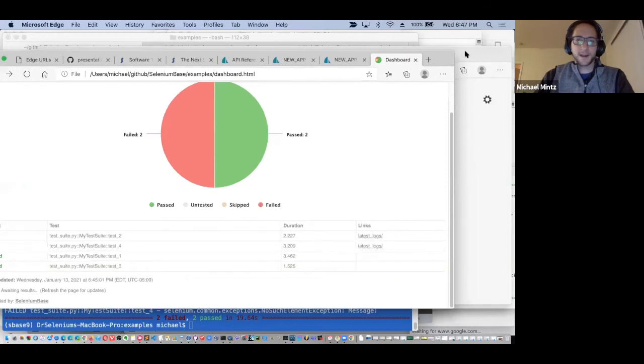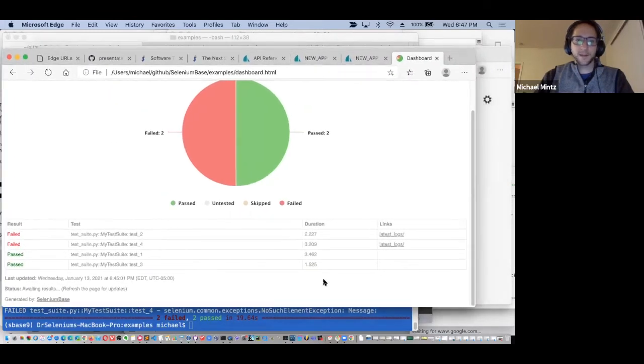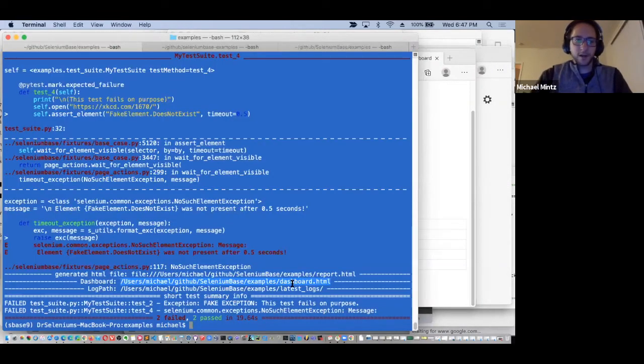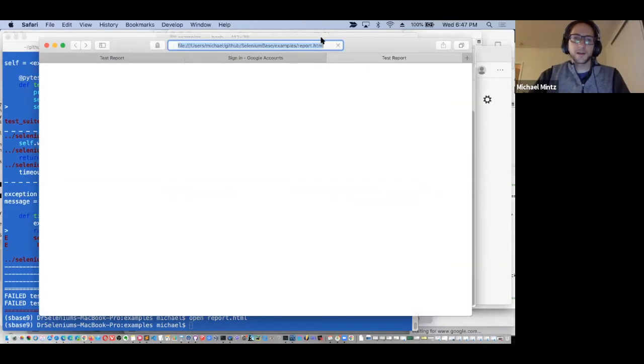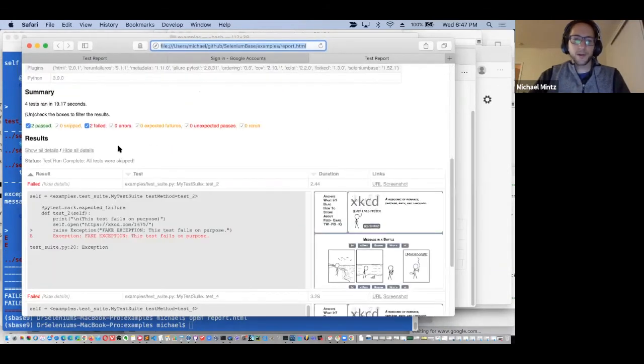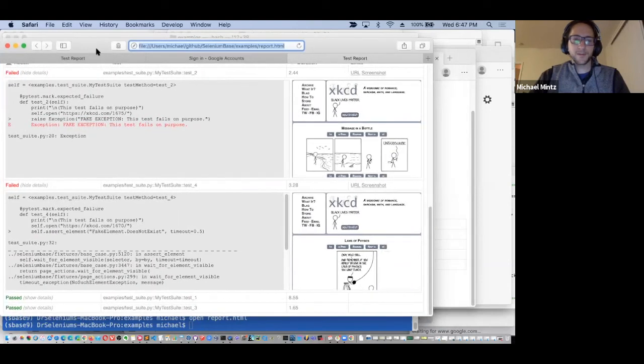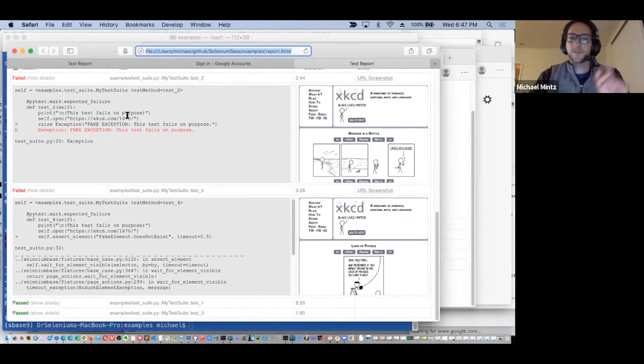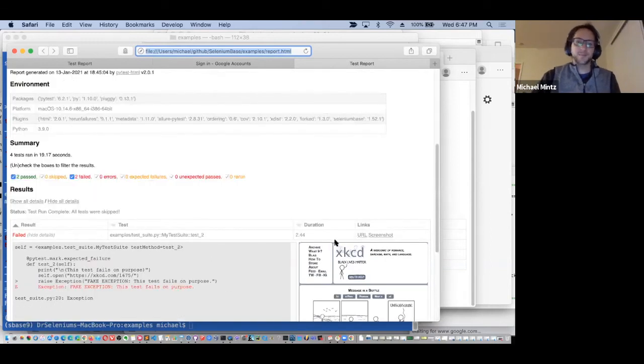And you see that there. Additionally, there's another file that I generated called the PyTest HTML report. So if I open report.html, it'll look similar to the dashboard, except that it also includes the stack traces right here and the screenshots right on the report itself. So it's just two different report types of representing the same thing, but instead of having